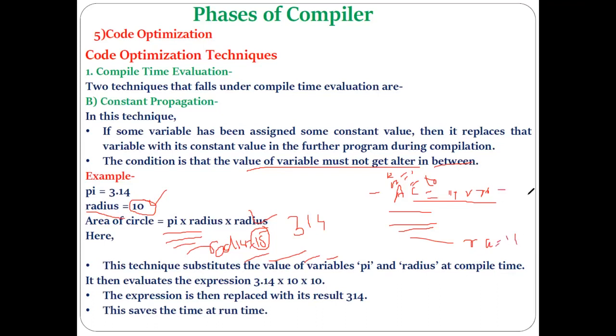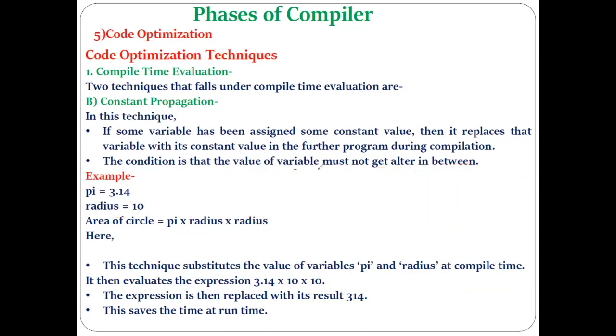But now see, in the next part of the program you again declare the radius as 11, and this is your formula present at line number 10, for example, and again you have written the formula at line number 15 to calculate the area of circle. Understood? Now here constant propagation will not happen with the radius, because after declaring it as 10, again you have declared it as 11, so 11 will be utilized, not the 10. Understood? So constant propagation can succeed only when the value of the variable does not get changed throughout the program, meaning the value of the radius should not change throughout the program. Only then can you replace this variable with its value, and that time the constant propagation is considered successful.